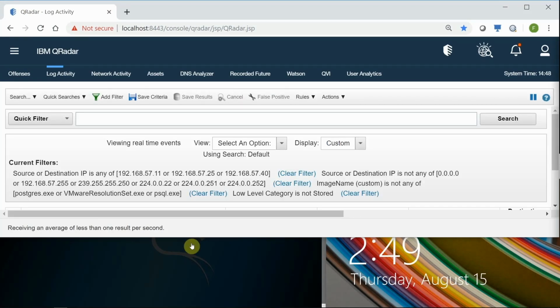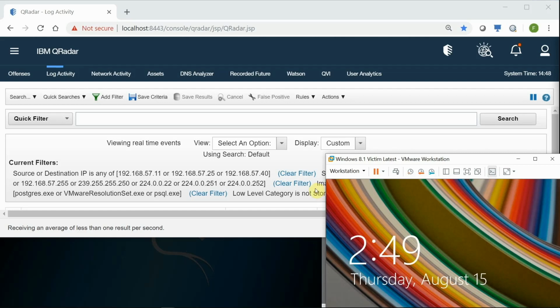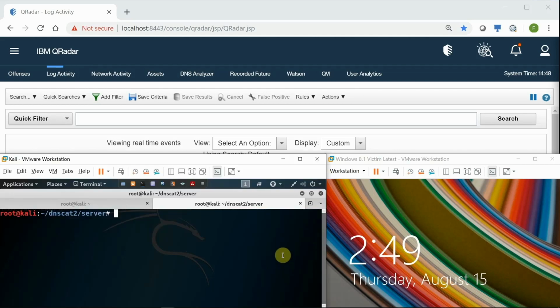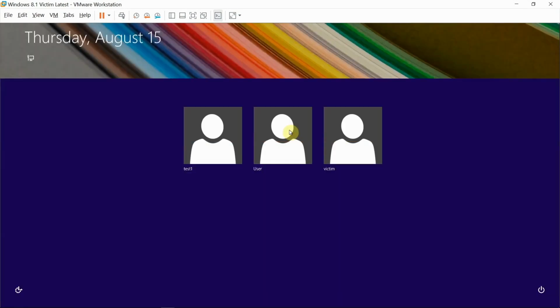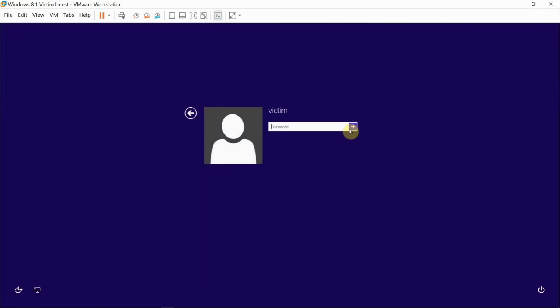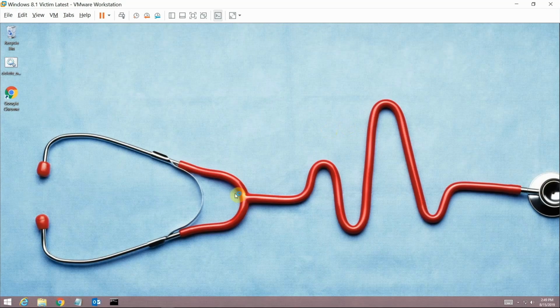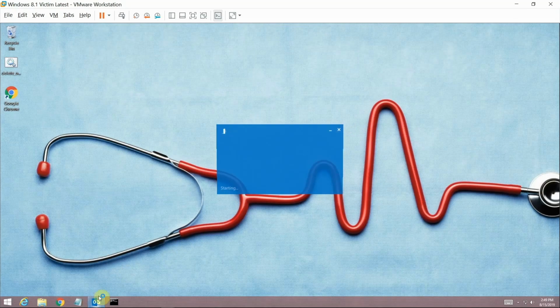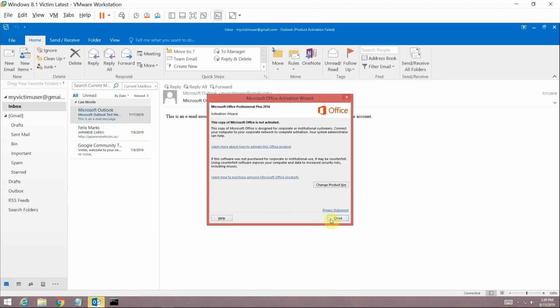Let's begin the attack. The first part of the attack is where a user logged into the victim machine is sent a phishing email. I'm going to expand this window now and then log in as victim user with the password week123. As this user, I'm going to open up Outlook and I'm going to see that there is an email, actually